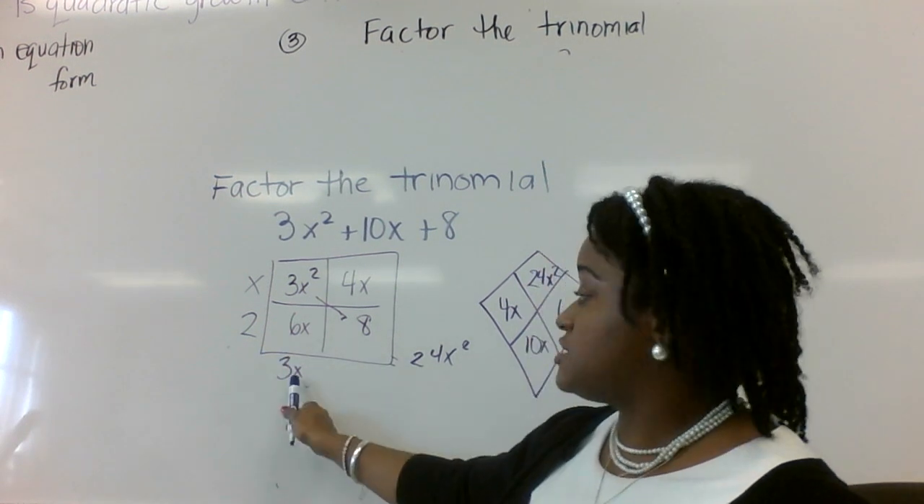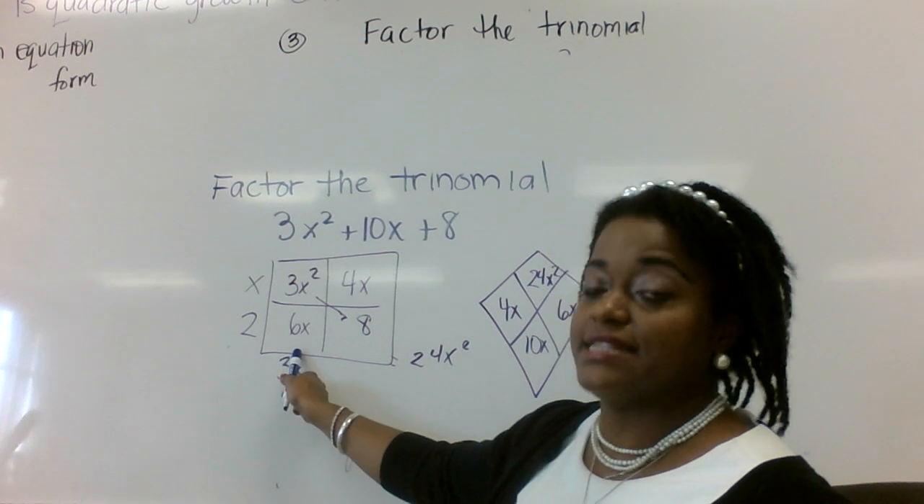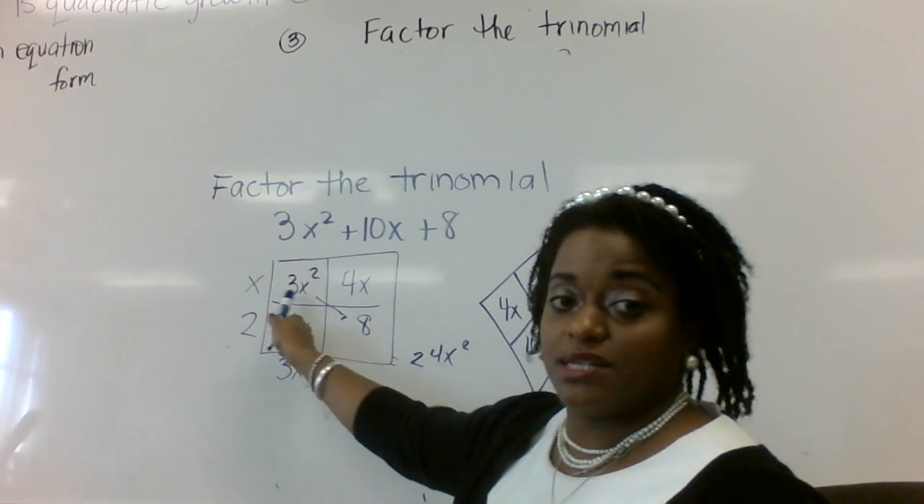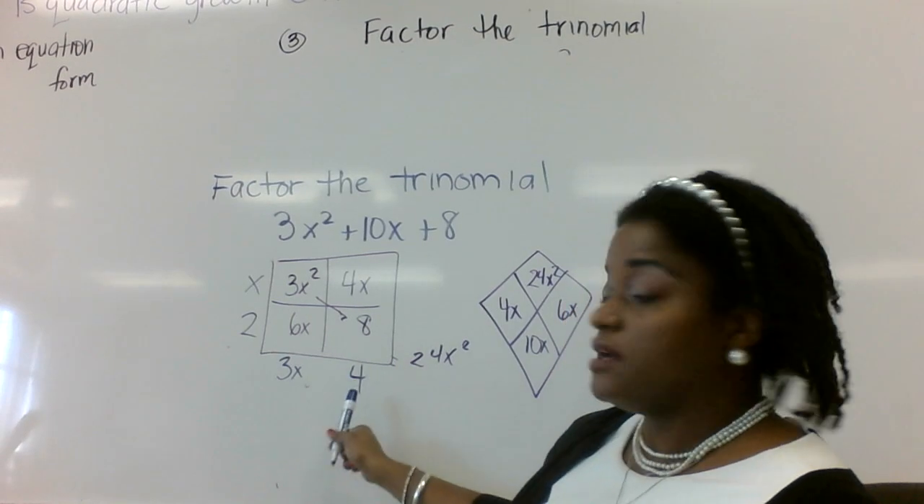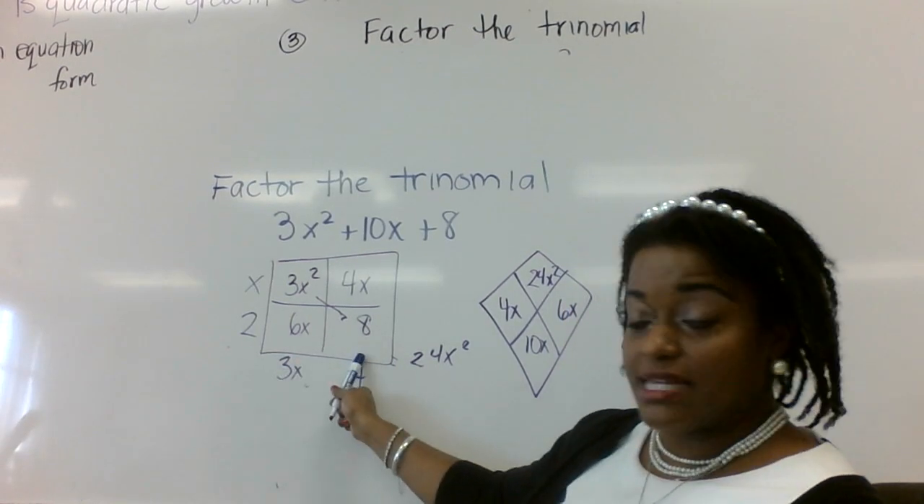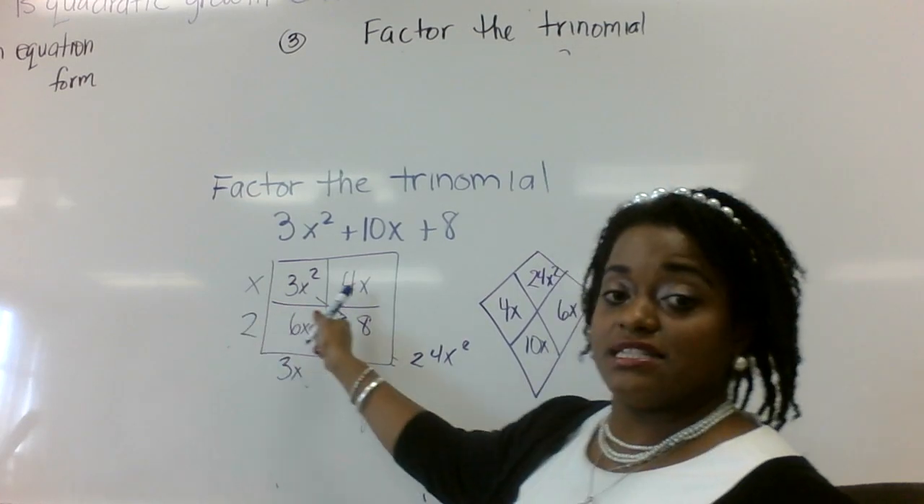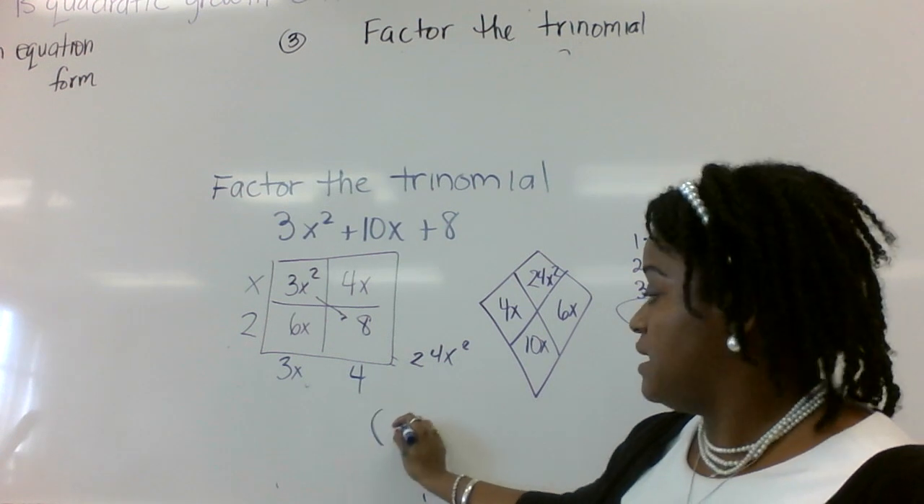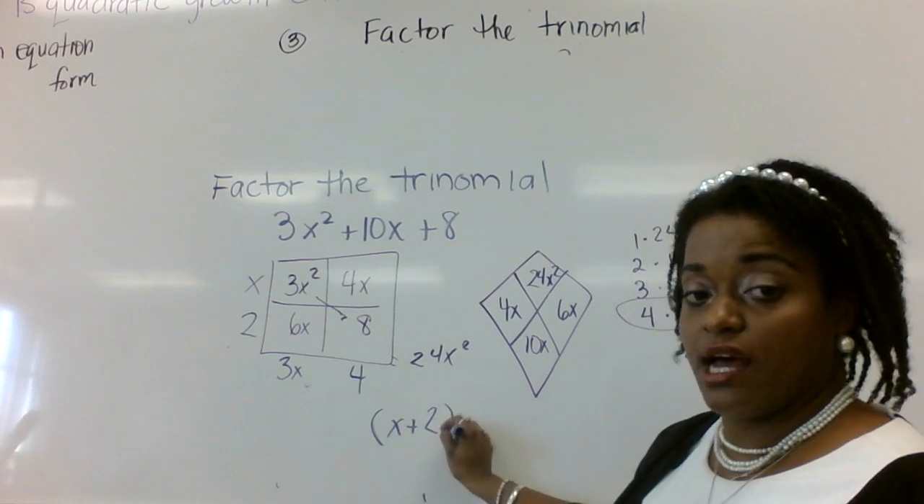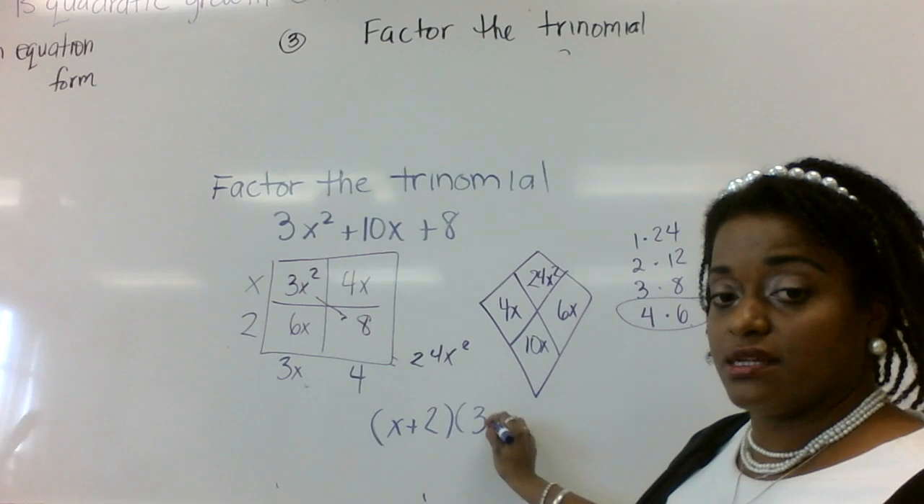Now double check. Does 3x times 2 equal 6x? Yes. Does 3x times x equal 3x squared? Yes. Over here, we'll put a 4. 4 times 2 is 8. 4 times x is 4x. So those are our lengths, and we put it as a binomial. x plus 2 times 3x